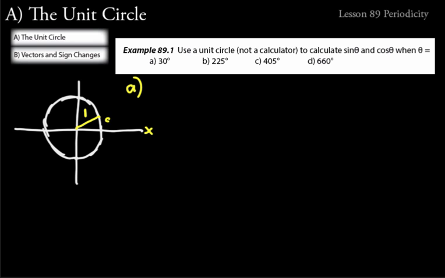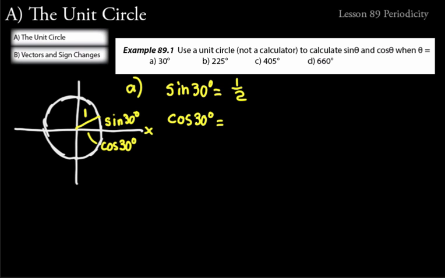So this side then would be sine 30 degrees. This side is going to be cosine of 30 degrees. And look at your table that was given to you at the beginning of the reading assignment. Here we don't want to use a calculator on these. We want to get an exact answer. So sine 30, that's going to be equal to 1/2. Cosine 30, that's going to be equal to the square root of 3 over 2. So hopefully that makes sense. That wasn't a very challenging problem there.